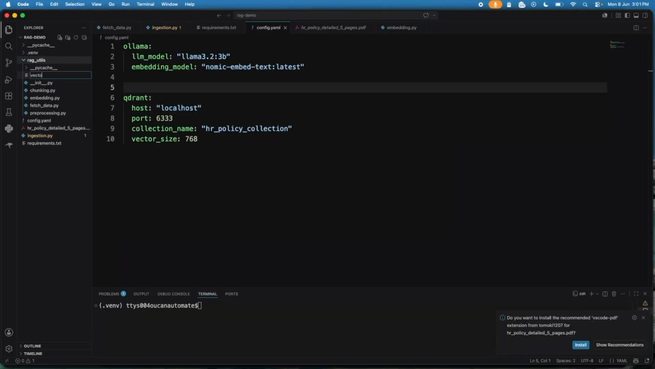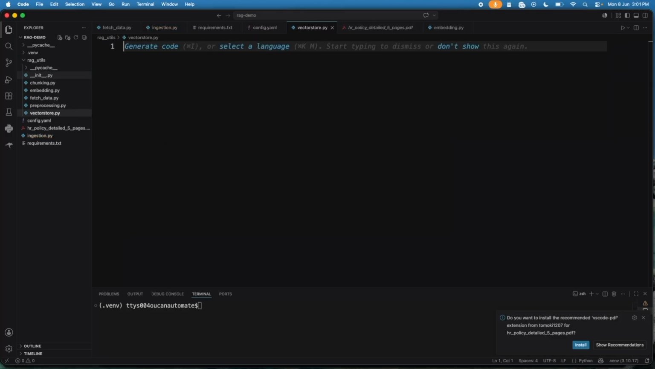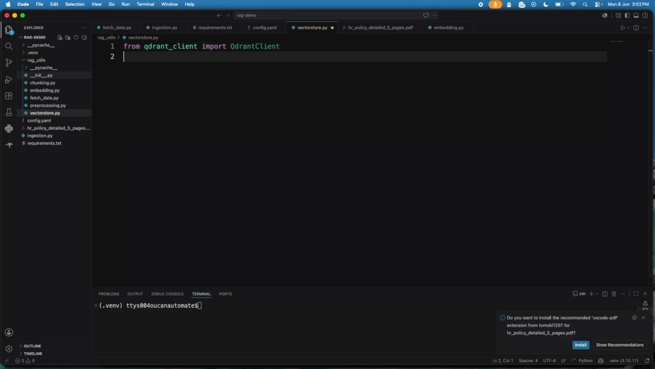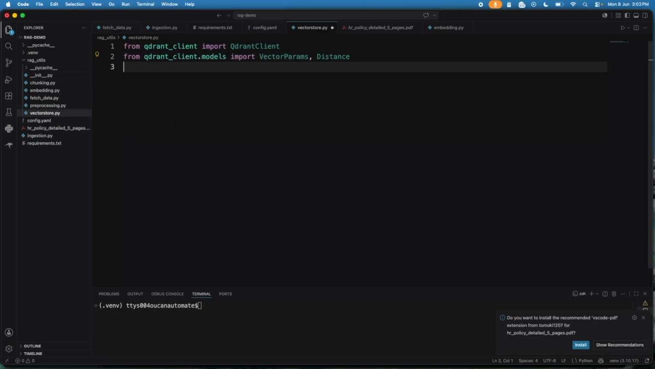Let me add a vector store as a new file. Here I'm going to write code to implement this vector storage. Let me import all the required libraries. First I need to import from qdrant client, then again from qdrant client models, and I need to call the methods. So here I need to import vector params and distance, then add the import of uuid,